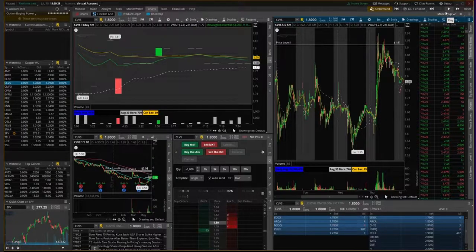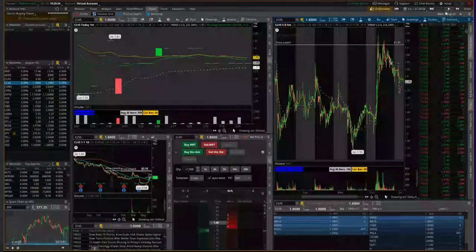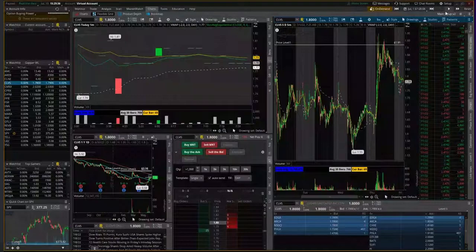Let's see what else. So that's more or less just the basics of level 2, things to look for, how to read it. Again, it's one of those things that you have to constantly be watching to get that feel. The one thing that I'll say about this is when you're watching really low float tickers,